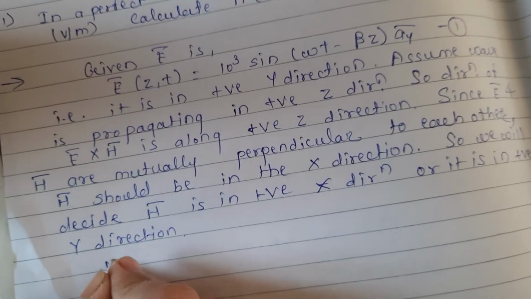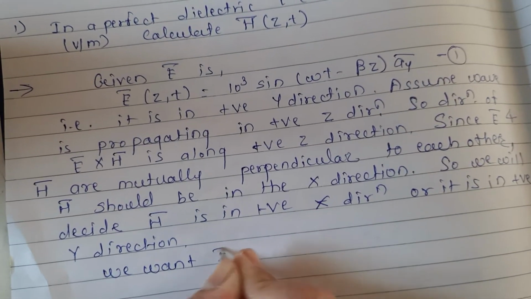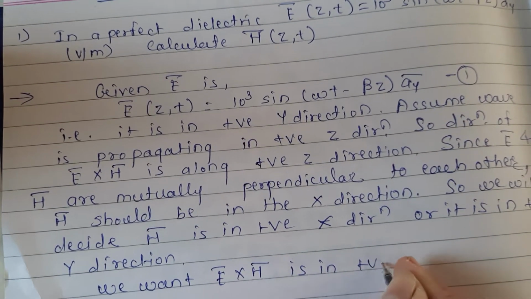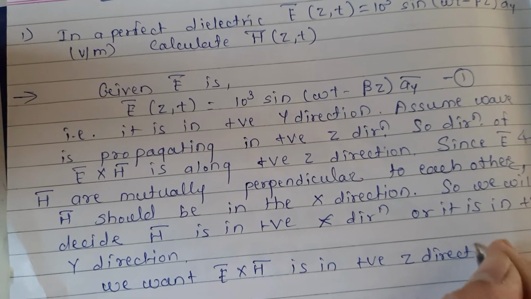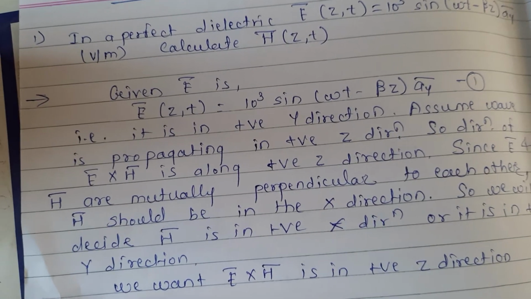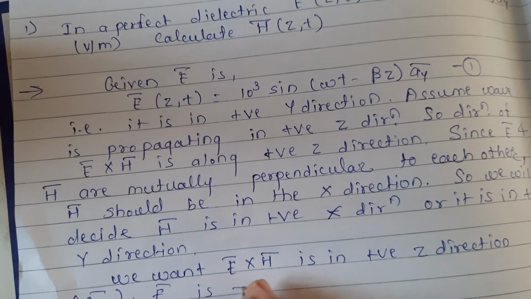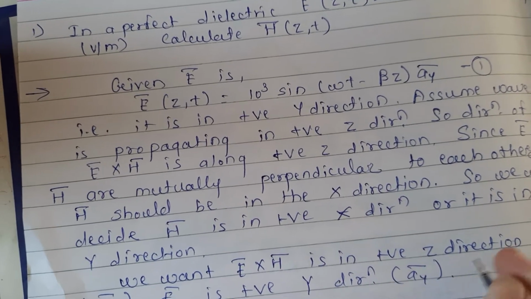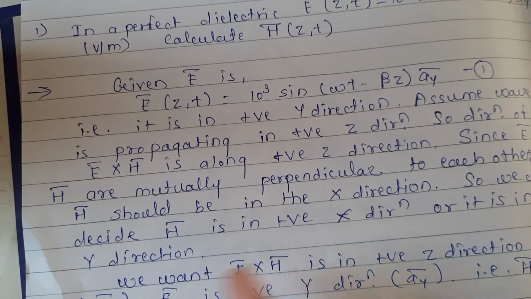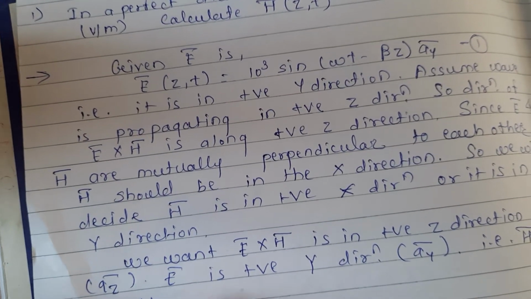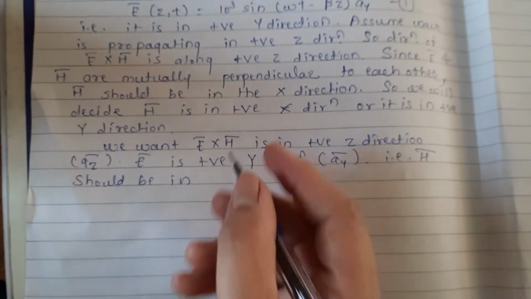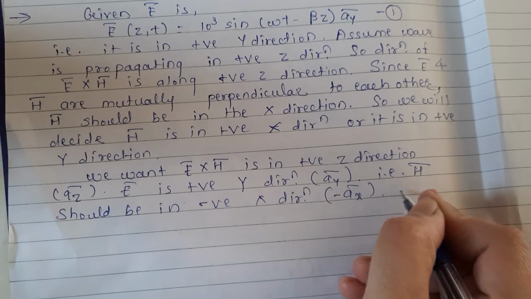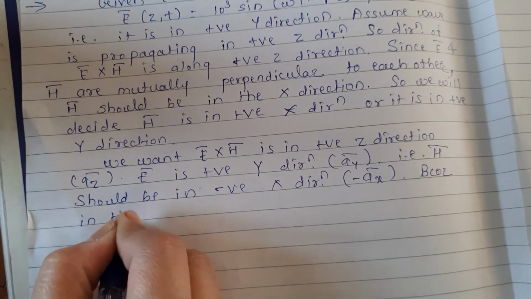We want E cross H in positive z direction, a_z. E is in positive y direction, that is a_y, so H should be in negative x direction, that is minus a_x, because in this case